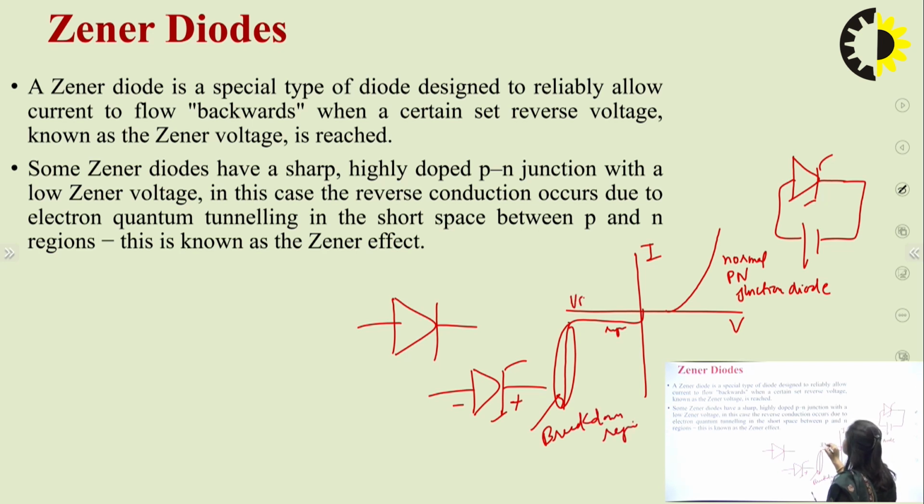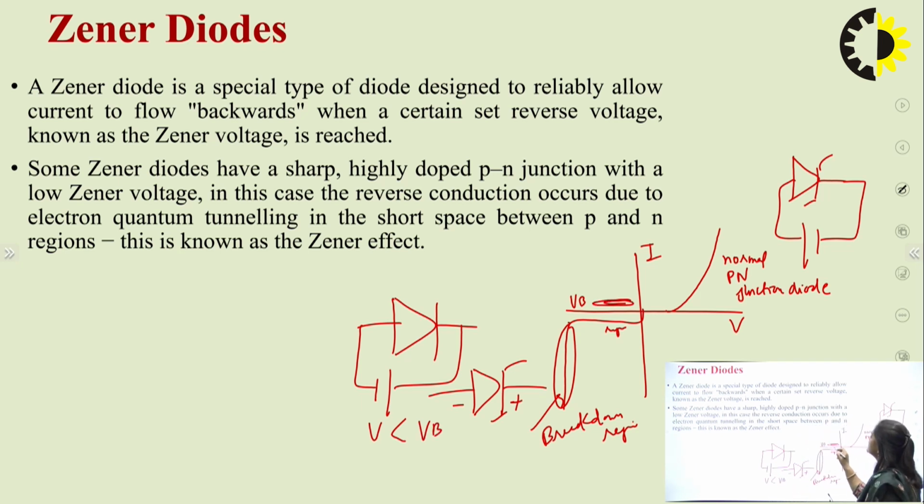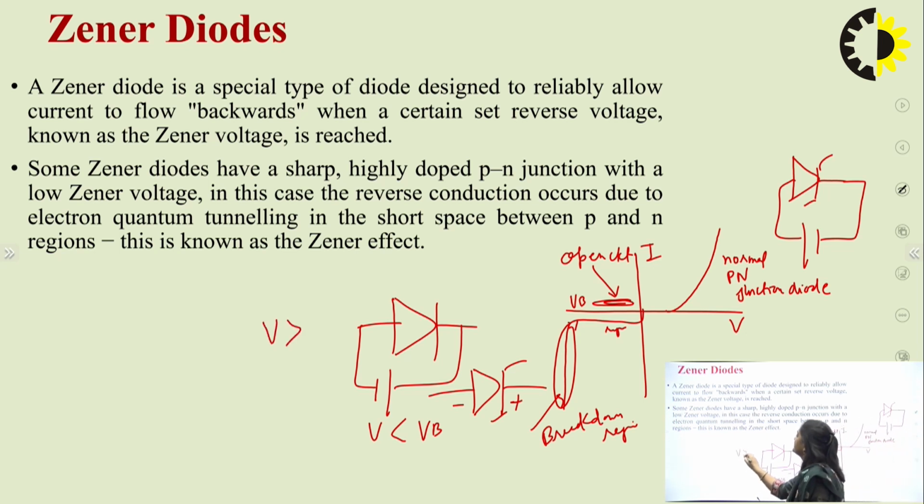and this voltage is the breakdown voltage. If the Zener is operated in reverse bias and this voltage V is less than the breakdown voltage, it means the Zener is operated in this region. In this region, Zener will be acting as an open circuit. If the Zener is operated before the breakdown voltage, then it will act as an open circuit. And if V is greater than VB,